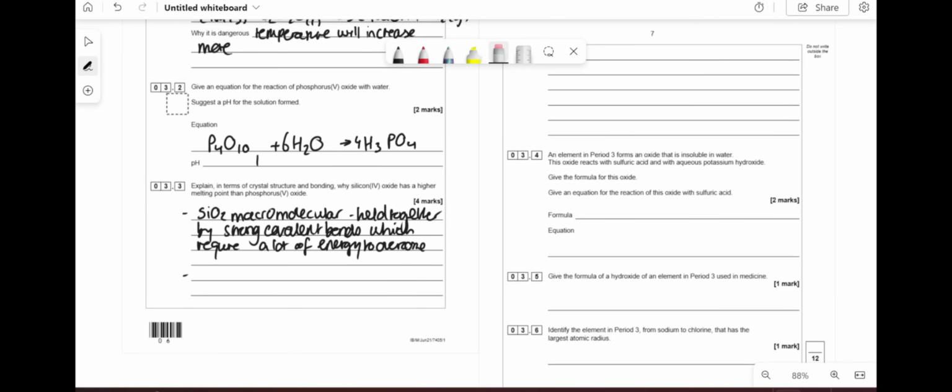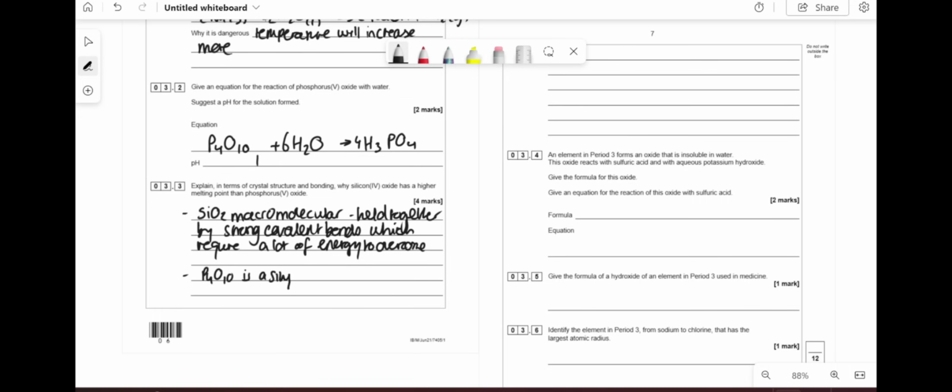That's not melting or boiling. You've essentially just broken this down into something completely different. If you're melting and boiling a simple covalent molecule, you are breaking the intermolecular forces, of which you need to describe which ones you are breaking. All right. So you can't just say intermolecular forces. That's not enough marks. So P4O10